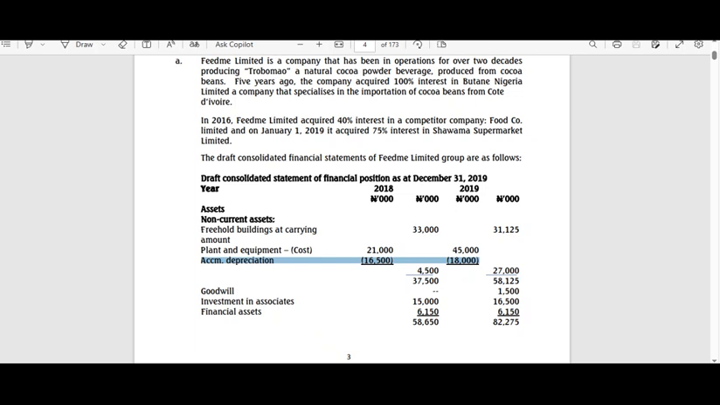Okay, madam, let me answer your question. I look at that accumulated depreciation of 16.5 at 2018. Now, at the end of 2019, that accumulated depreciation has increased to 18,000. What does that mean? It means I have added 1,500 depreciation to that 16.5